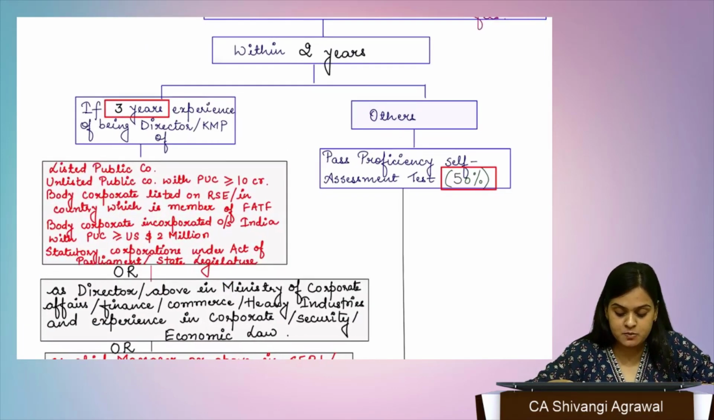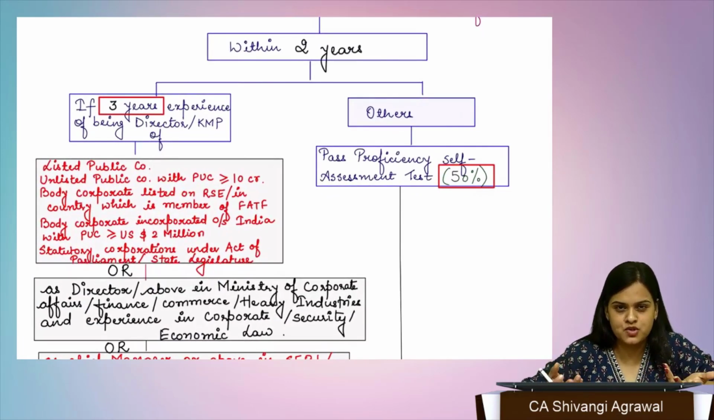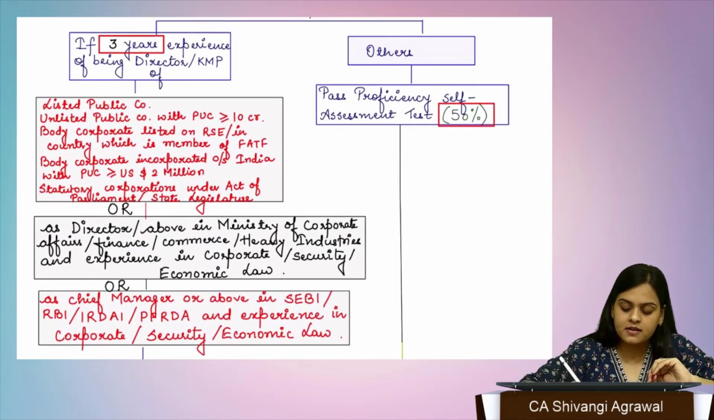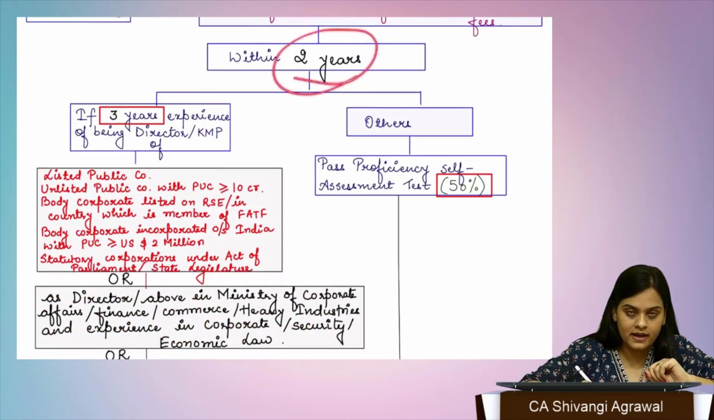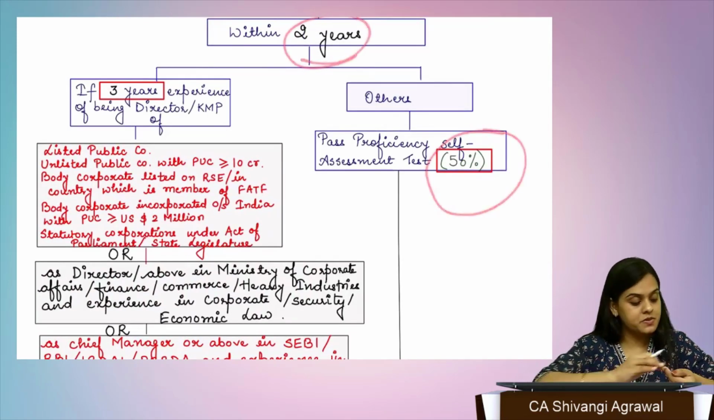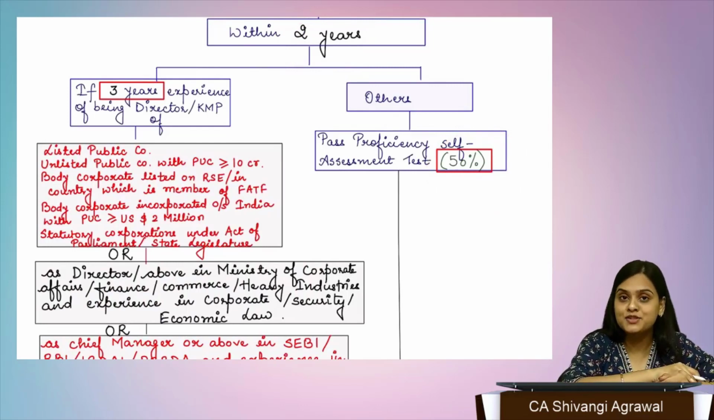See, it is a self-assessment test. No one is going to check, so it is very easy to do that. But still the passing percentage has been reduced, which is now 50%. So first change, it was 1 year, now it's 2 years. Second change, it was 60%, now it's 50%. And the third change,